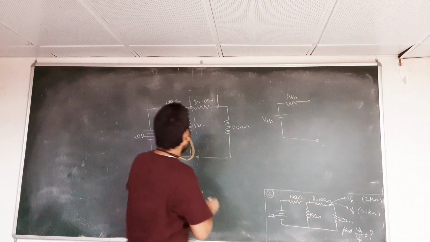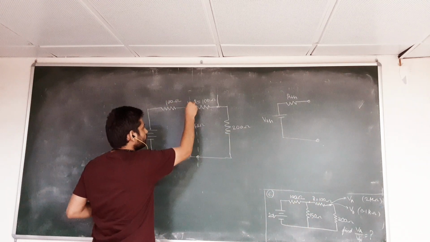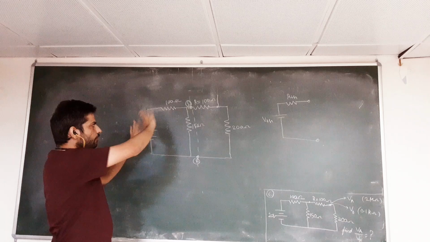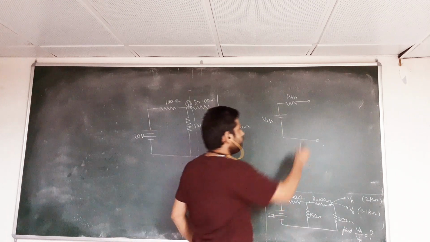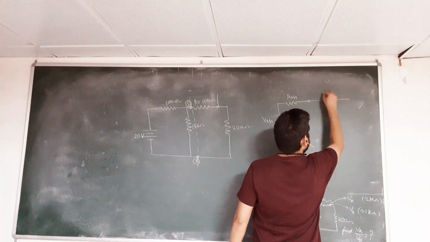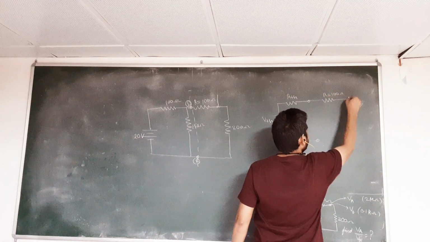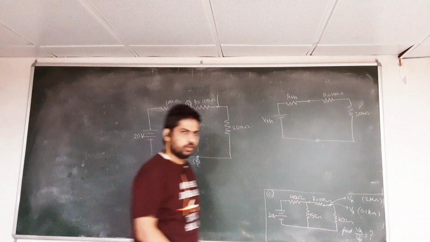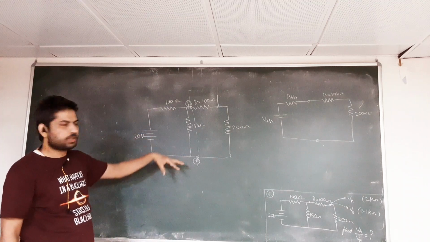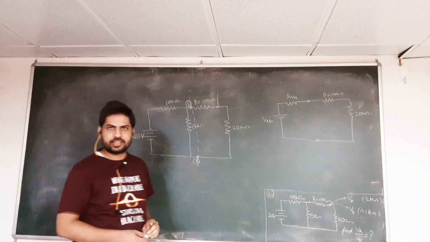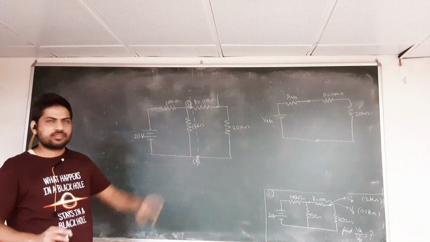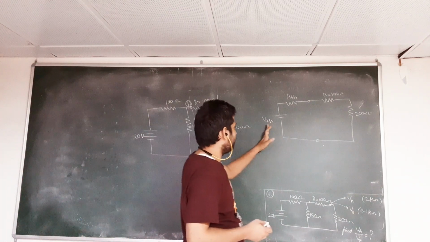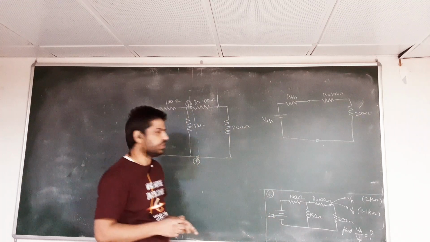So across these 2 points, suppose let me call this point as 1 and this point as 2. Across these points 1 and 2, I have simplified this circuit by this, and after that we will have a resistance R given as 100 ohm and a resistance of 200 ohm. So this whole parallel portion of the circuit has been simplified into a linear circuit, and it is easier to analyze a linear resistance combination. But the question is, how can we find this Thevenin equivalent voltage and Thevenin equivalent resistance, VTH and RTH.